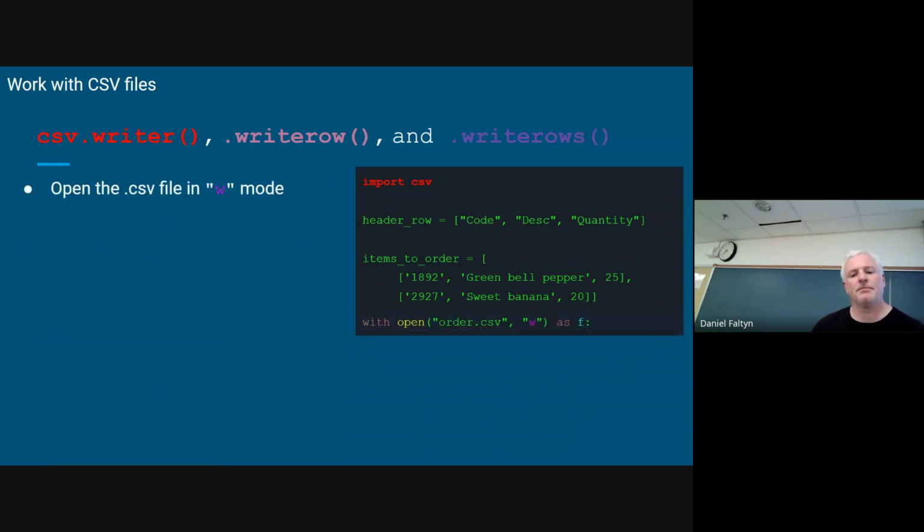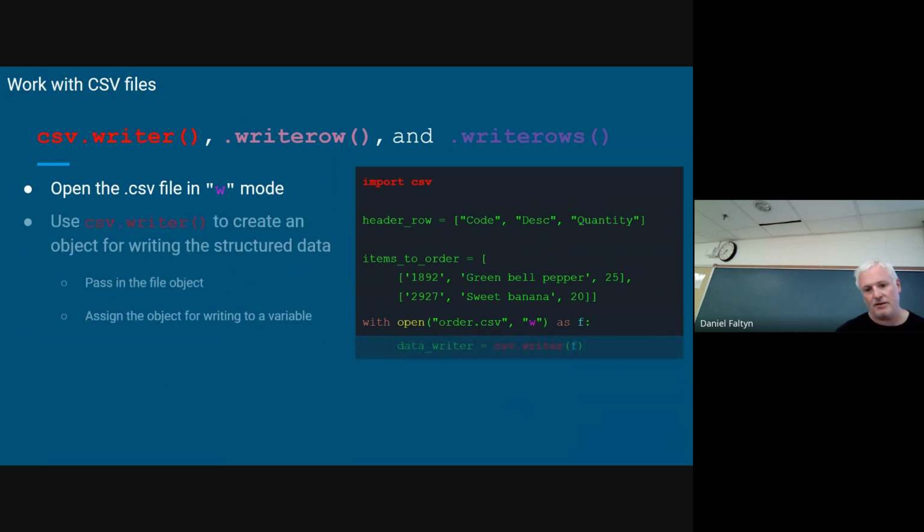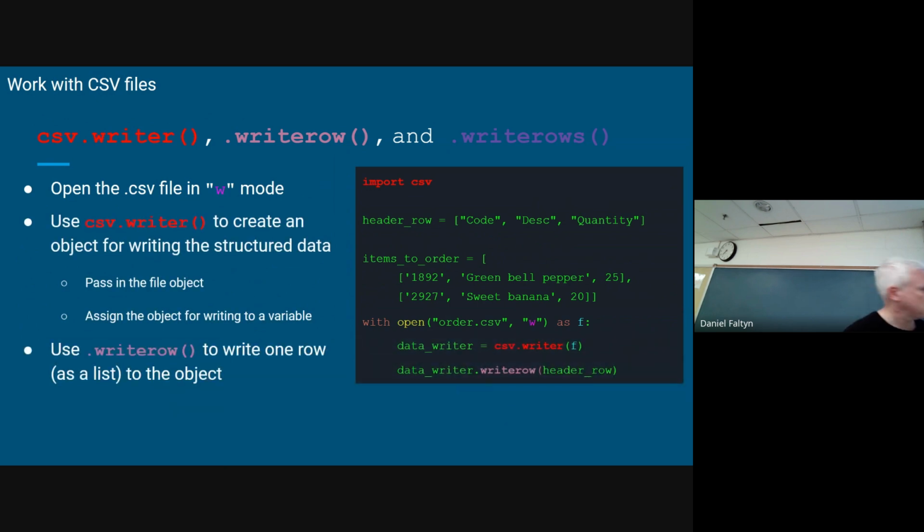Finally, there's the writer. Just like we have a reader, when I wrote a file, I wrote a string. When I write a CSV file, I write a list or a list of lists. If I want to insert just a single row into my CSV file, I use my context manager to open the file.